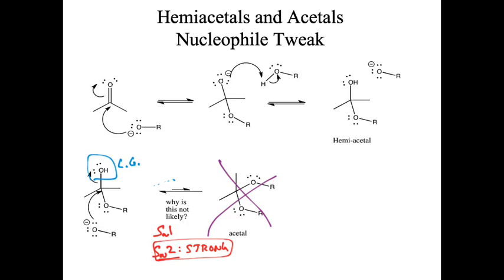Because what happens if I switch it to acidic conditions? Under acidic conditions, the mechanism changes. Notice this mechanism was really 1, 2, 3 steps. That was it. That could theoretically get us all the way to the acetal, the third step never happening. If we switch to acidic conditions,